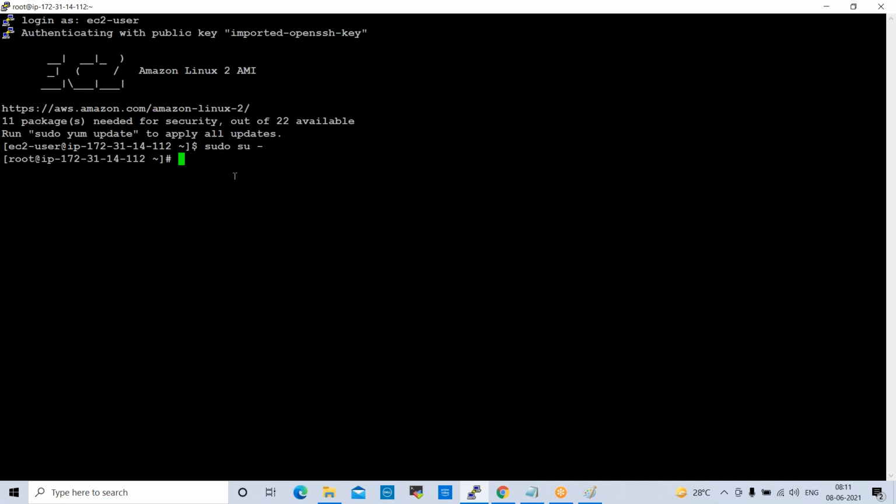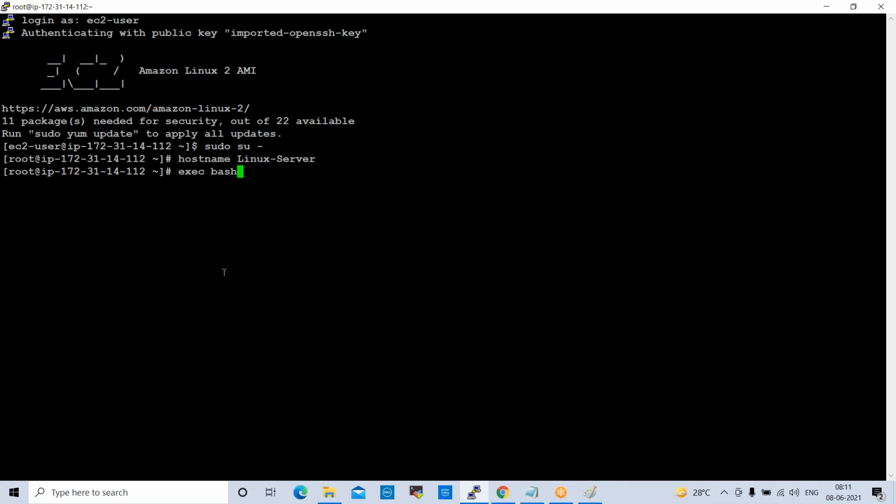But also, if you want to change the name here, instead of using this IP address, you can change the name. So hostname Linux server. Enter. Okay. Execute bash.